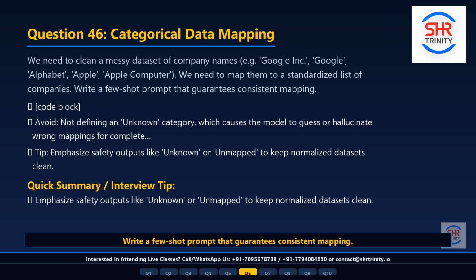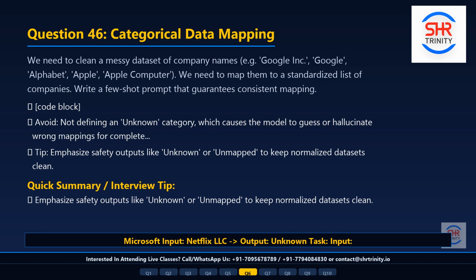System prompt: You are a data normalization assistant. Map messy company names to our standardized company registry. Registry: Google, Apple, Microsoft, Amazon. If a name cannot be mapped to any company in the registry, output unknown. Few-shot examples. Input: Google Incorporated, output: Google. Input: Alphabet, output: Google. Input: Apple Computer, output: Apple. Input: Microsoft, output: Microsoft. Input: Netflix LLC, output: unknown. Task: input: {messy_name}, output: